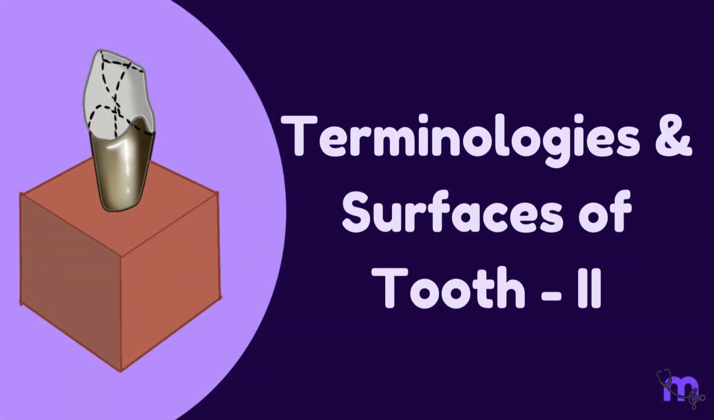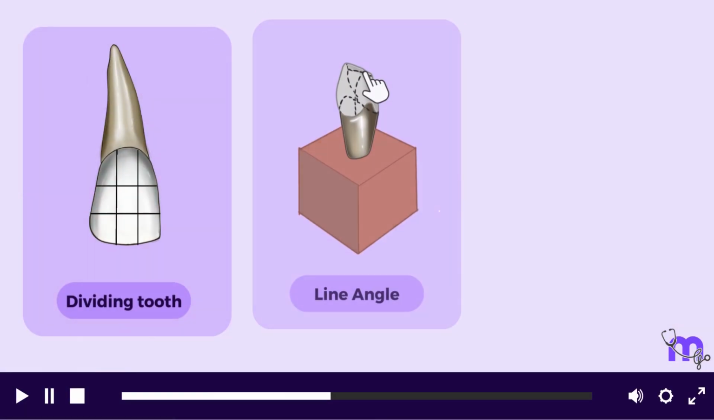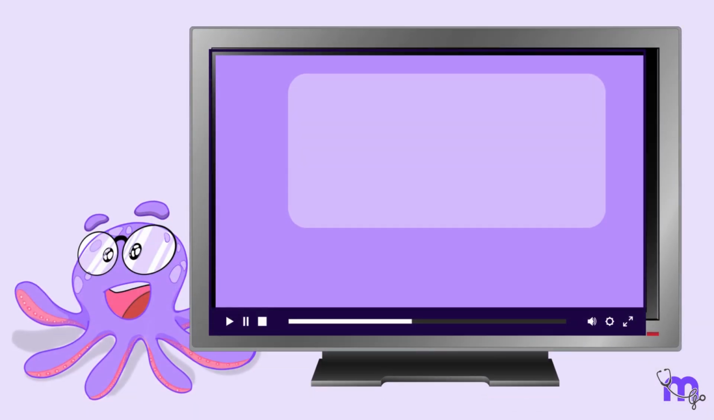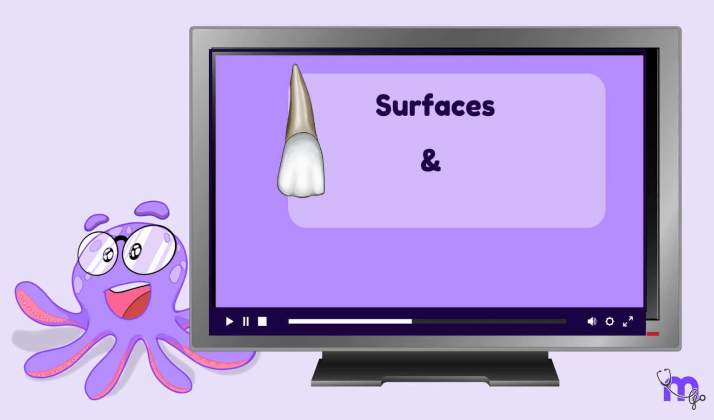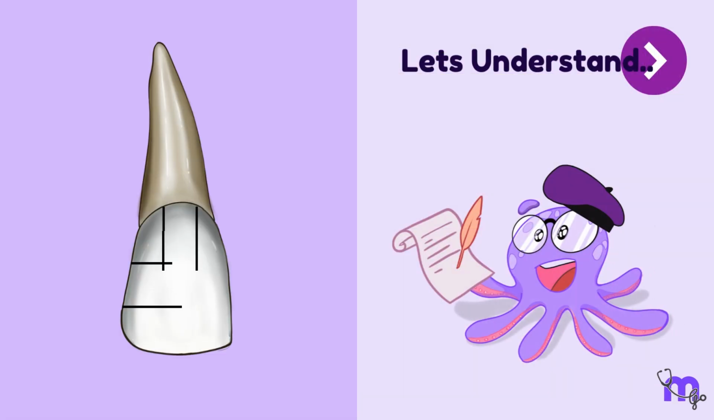Terminologies and surfaces of tooth, division into thirds, line angles, and point angles. In the previous video, we learned the fundamental aspects of dental anatomy, including the various surfaces of a tooth and the basic terminologies associated with them. Now let us discuss how the tooth is divided into thirds and learn about line angles and point angles of